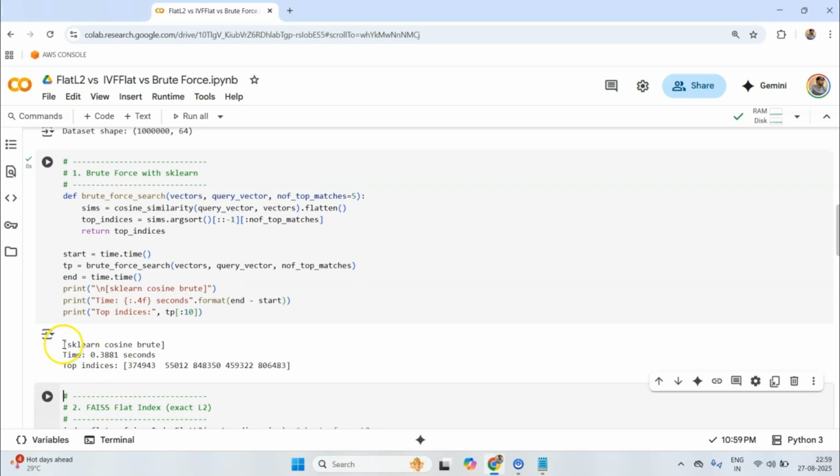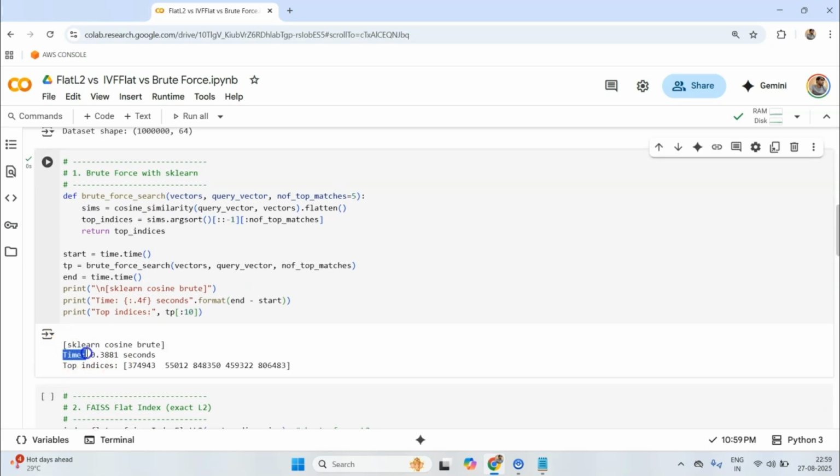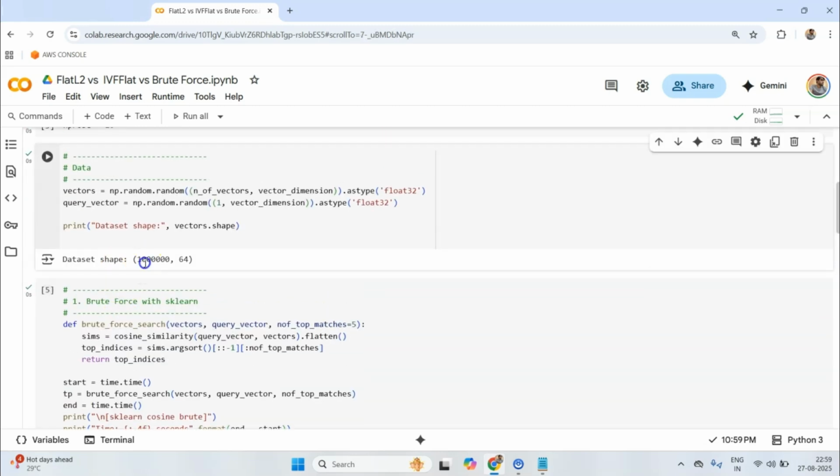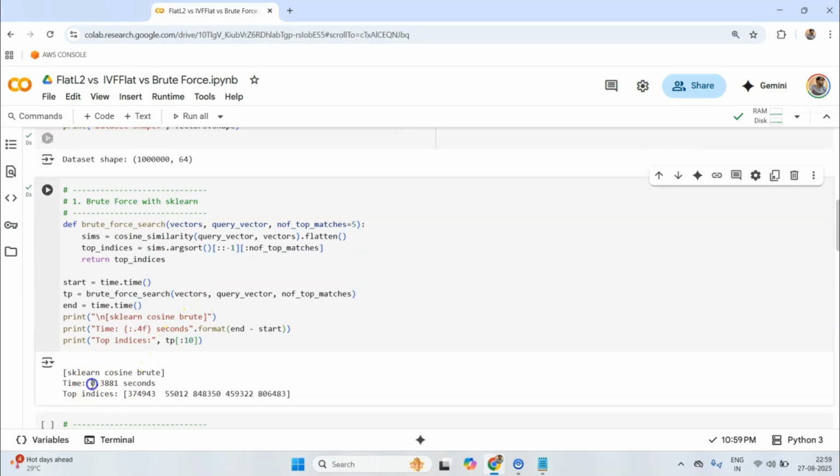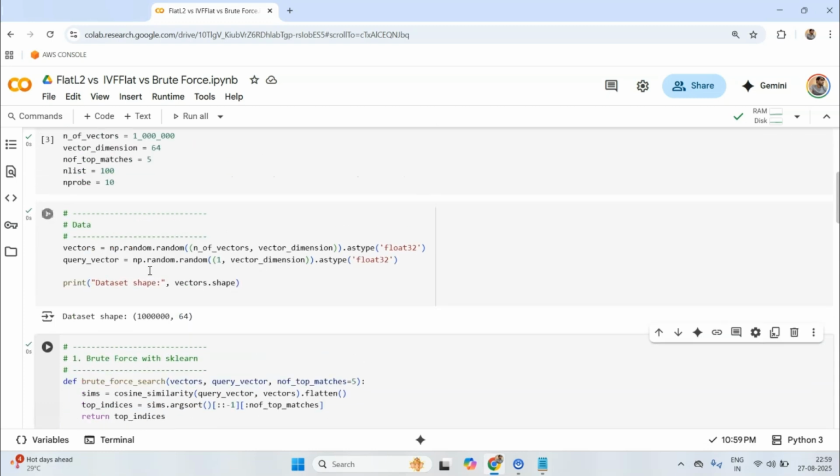Okay, so we see this header, and we are seeing that the time it is taking to run a query using brute force on 1 million vectors is about 0.3 seconds. Now you might be thinking that in user facing applications this might not be that big of an issue, but in real world production grade applications we talk about latencies in terms of milliseconds, and it is already close to 1 second. Okay, we can do much better than this, and the problem is that it will not scale very well.